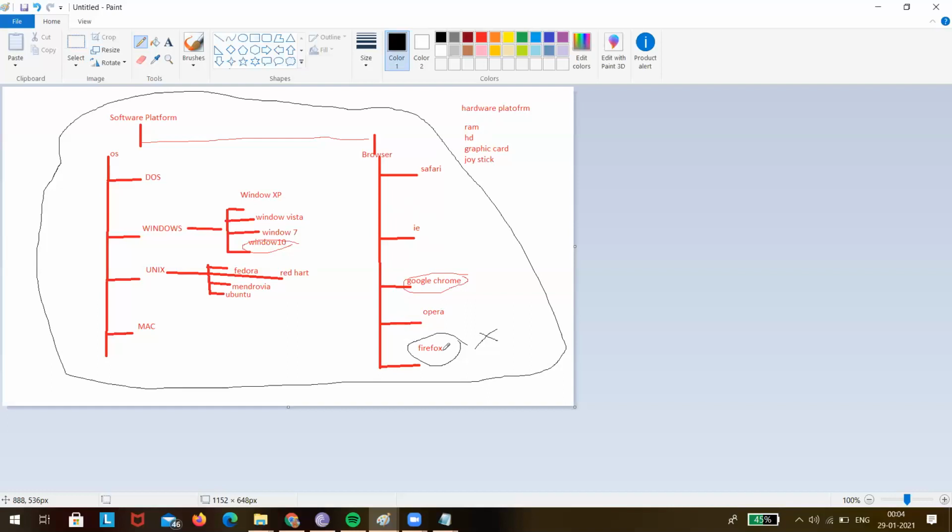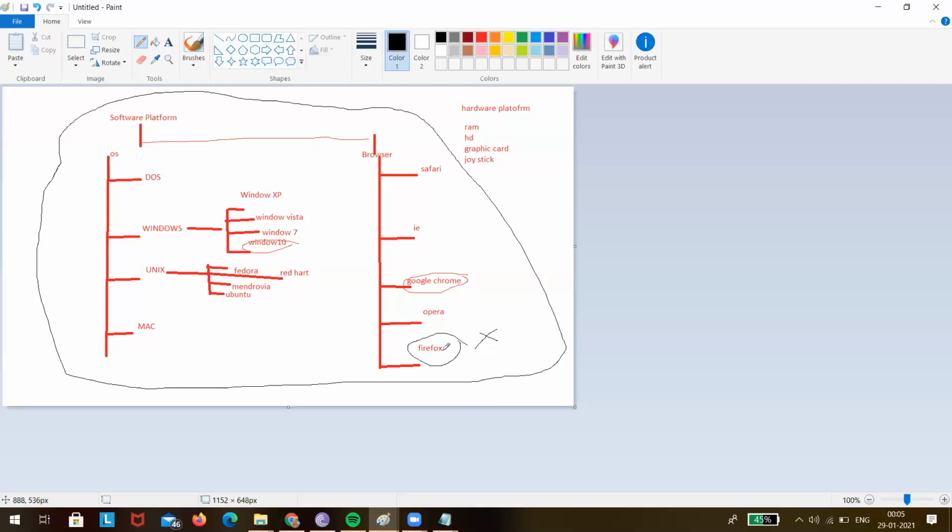Are you able to understand what I'm saying? Okay. Because we cannot do compatibility testing for all existing OS and browsers, as there will be a lot of combinations. If it is a service-based company, then they will tell us that they want Windows 10 and Google Chrome. But if it is a product-based company, we will do compatibility testing as per the most used OS and browser. That is what is called compatibility testing.